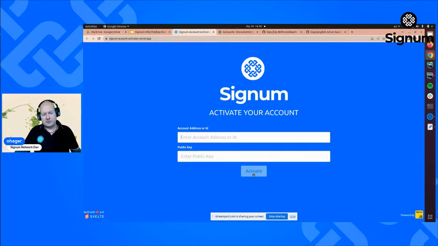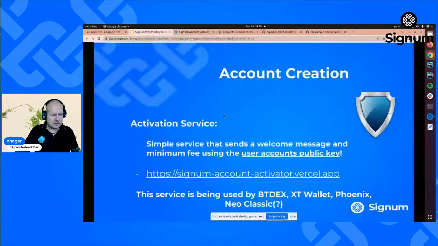And then when you do this and activate, this service behind it works similar to a faucet, but it sends you a small fee like the faucet does, and it also makes a public key assignment. So implicitly, your account gets protected, say like that. So going back to that one,